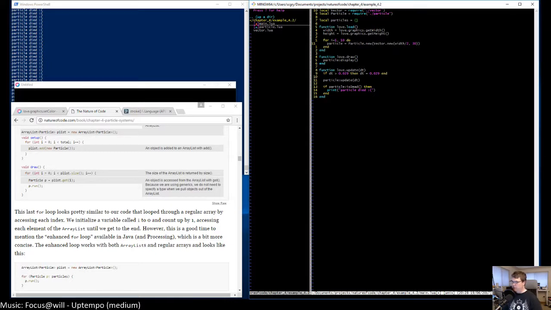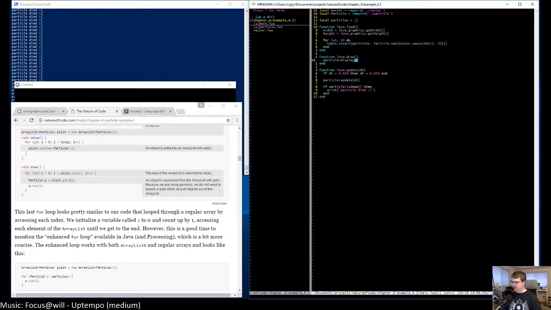Okay, so we're just gonna say table dot insert particles, and it's just gonna be particle.new. Then we'll just put our particle new.